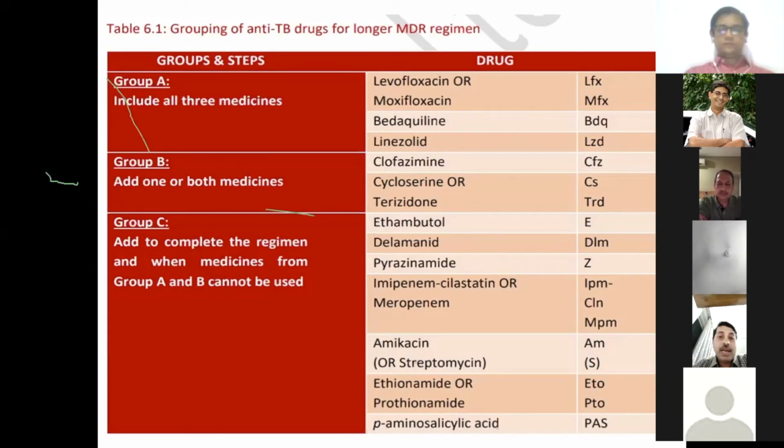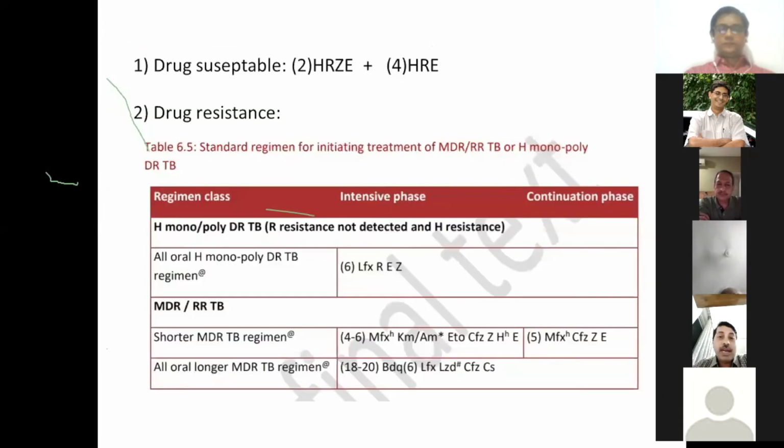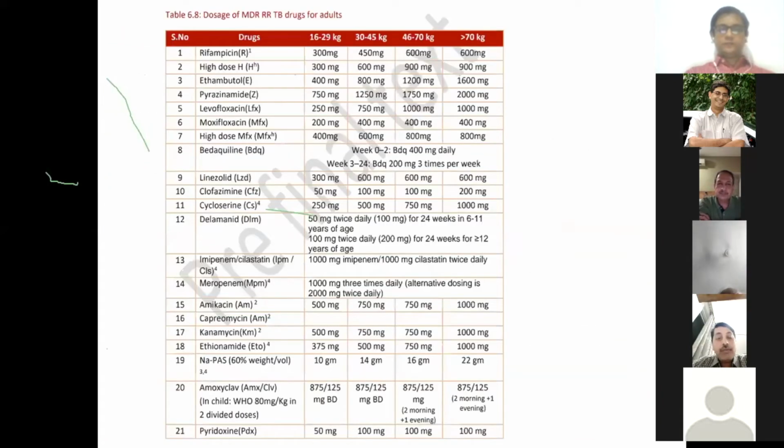Okay. Once you have a patient who has gene expert rifampicin resistance, you have diagnosed this patient as rifampicin resistant or MDR tuberculosis, you have to subject the patient either to a short course or to a long course of the individualized regimen. So how do you decide whether this patient is suitable for a shorter course MDR regimen? As Dr. Piyush said, this patient should not have extrapulmonary tuberculosis. So the short regimen is only for pulmonary TB. It is for patients who have never taken second line drugs for more than 1 month in their lifetime. Okay, that is the second thing.